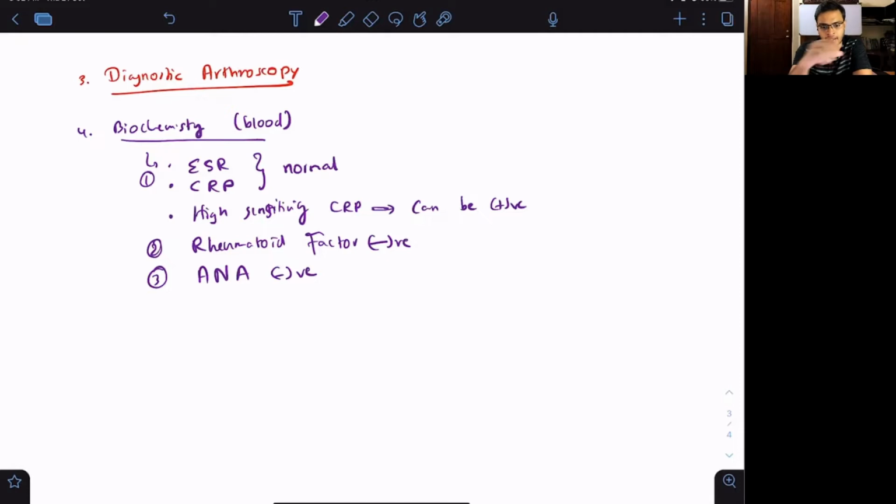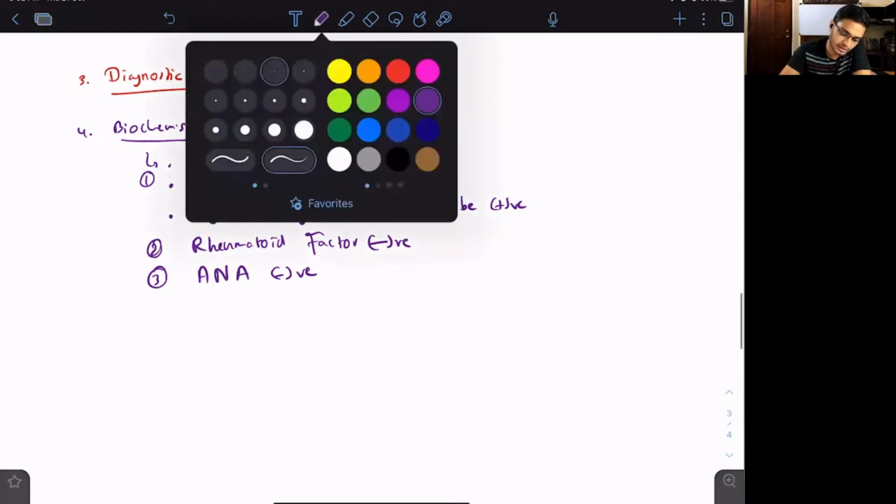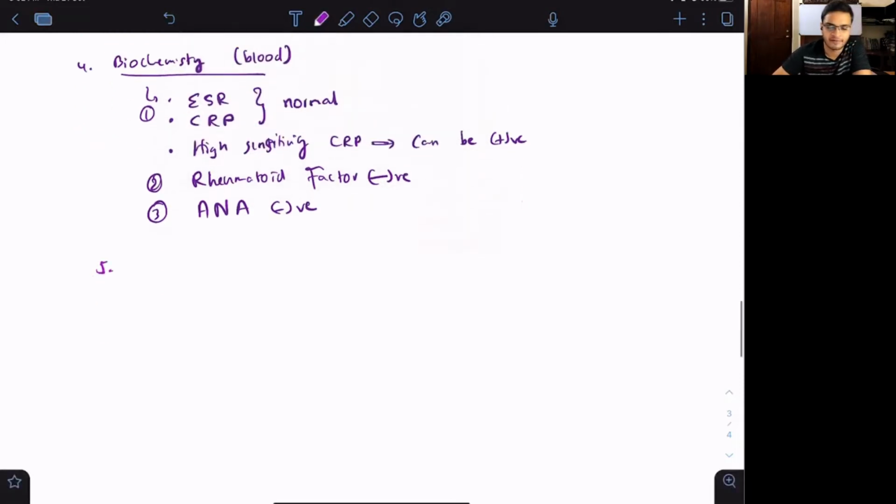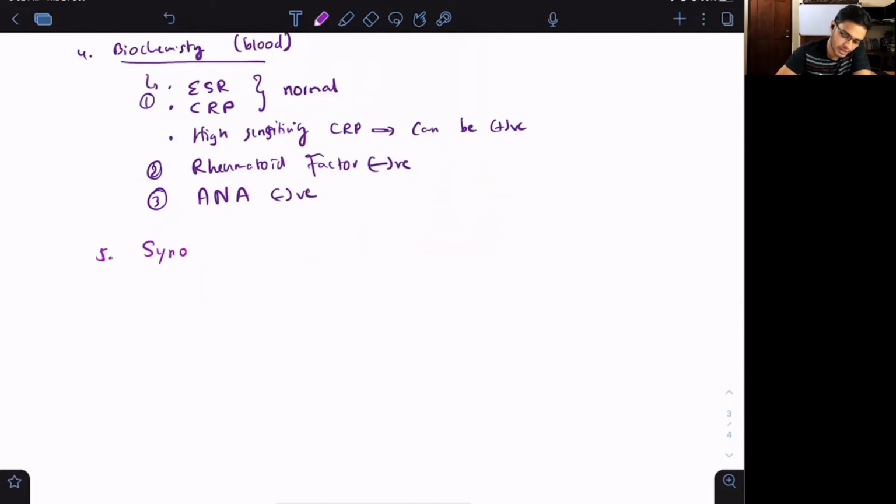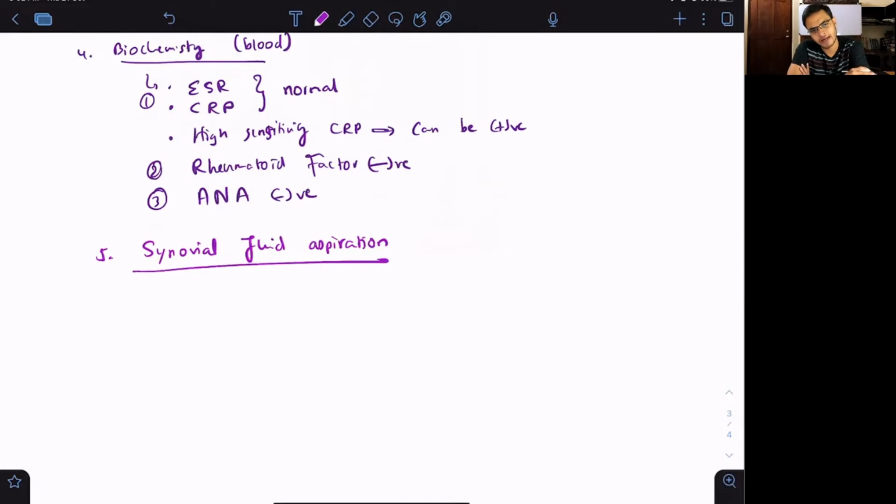The next one, guys. Now, listen carefully. Number 5, synovial fluid aspiration. This one is also called arthrocentesis. Now, what I want you all to know, this one is usually indicated if there are manifestations of